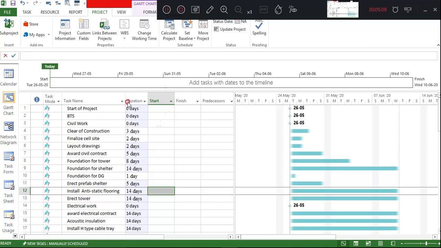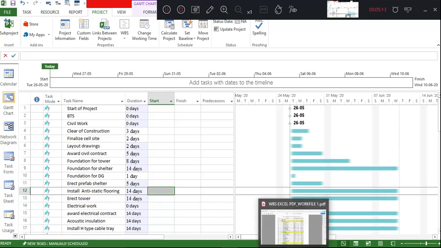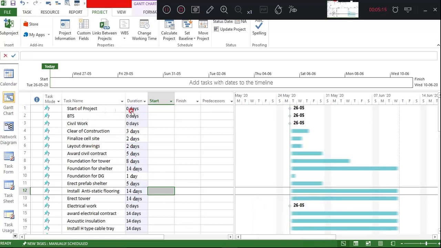You can see I have put the values of all the durations as given in the example, and where it was a summary task or the project summary task, I have given it 0 days. 0 days automatically it will take as a milestone. This is what I explained to you as a milestone. So 0 days means it will be considered a milestone.